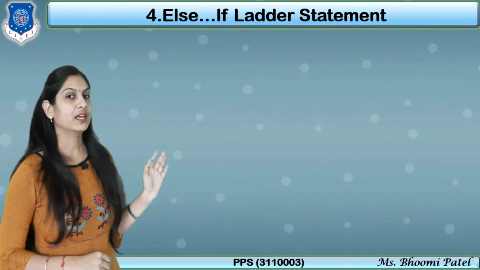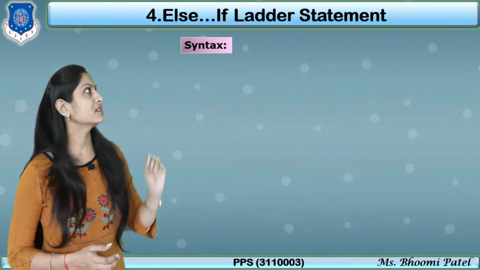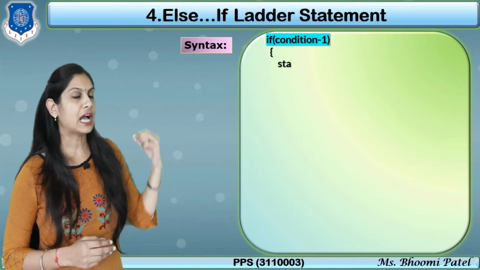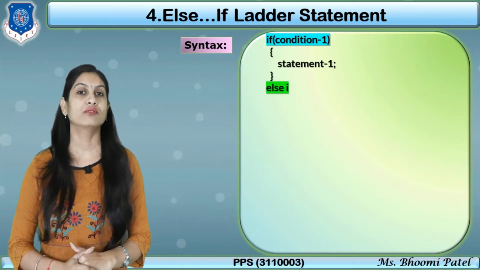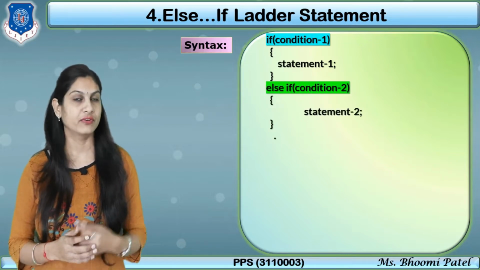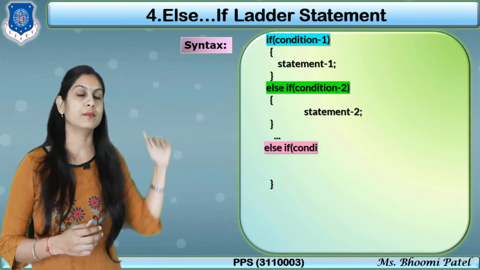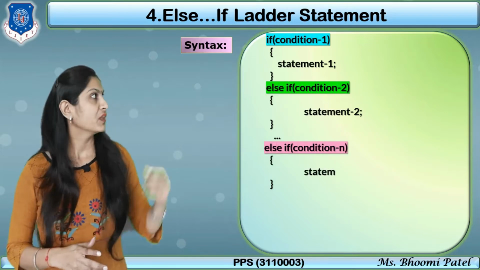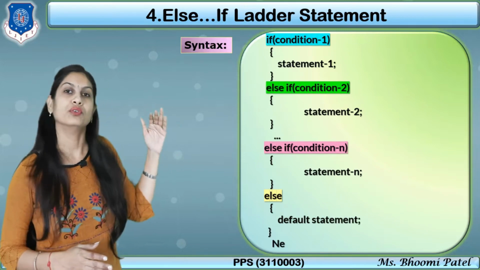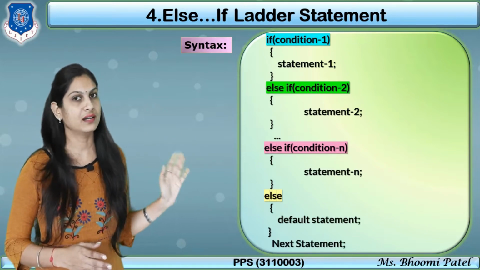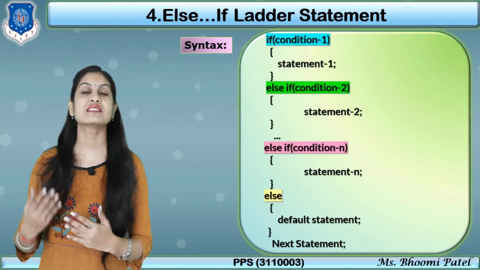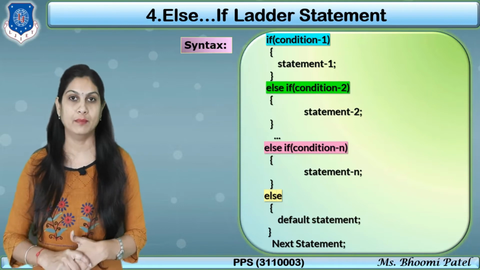So first the syntax will be there. Let's understand first if, where obviously the condition will be there, and after if there is the word else if, that is else, space, and then you have to write if. According to this concept the title is given else if ladder. Now again in an else if we have to put the condition. If it is true then go inside that, and likewise again you can use else if. So the else if can be used any number of times according to your requirements, clear?